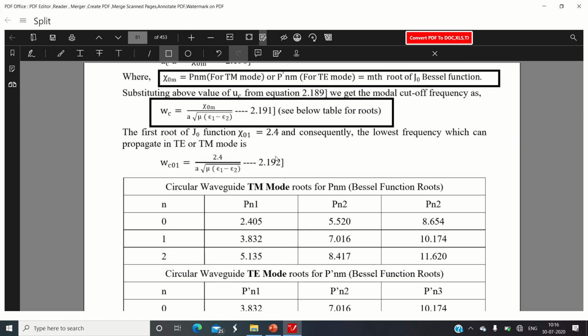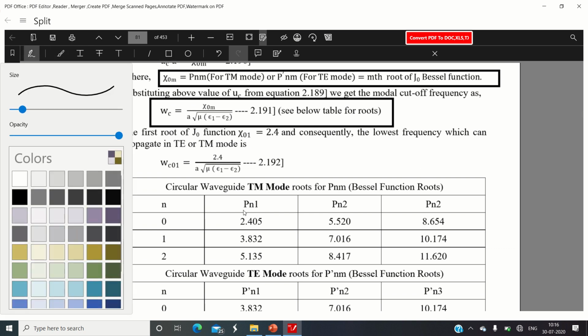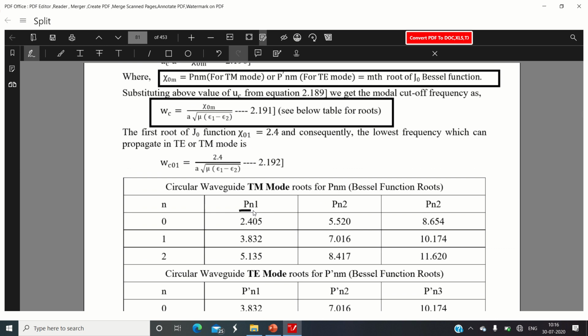Okay, so P n m, p01, that is 2.4. If you observe this particular equation over here, that is P n1, the first root is 2.4. So this first root we will place over here, and we can calculate the cutoff frequency for the TE